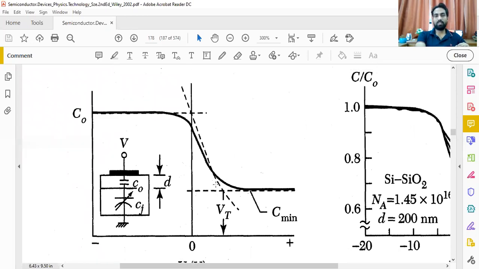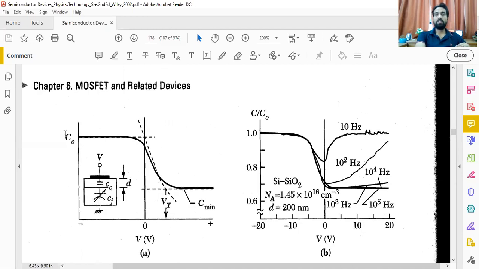In this figure, it is shown how it is changing. So this C naught has a certain value fixed at 0 voltage. Now suppose you are increasing this negative bias. This is the total capacitance value, and it almost remains equal to only C naught from 0 to negative, because we have just talked about it. Providing the negative voltage will vanish the junction capacitance.